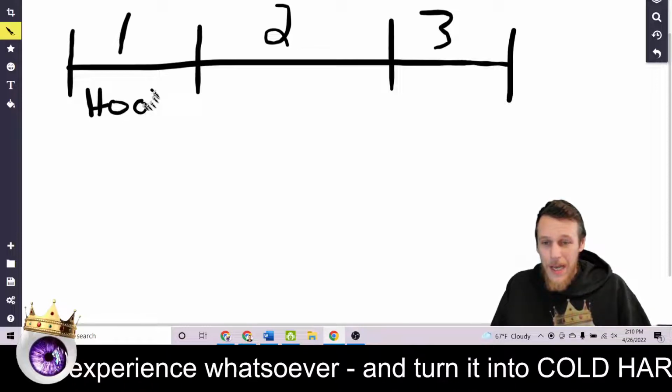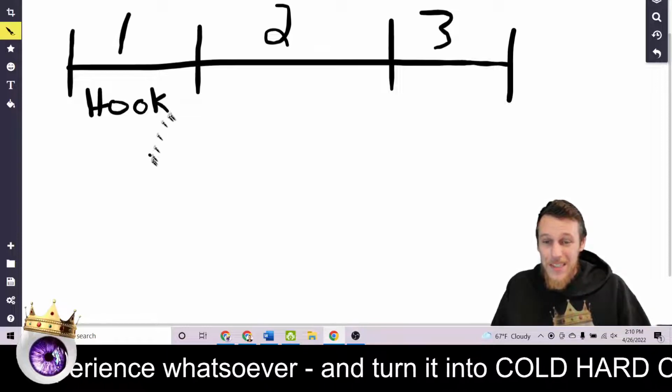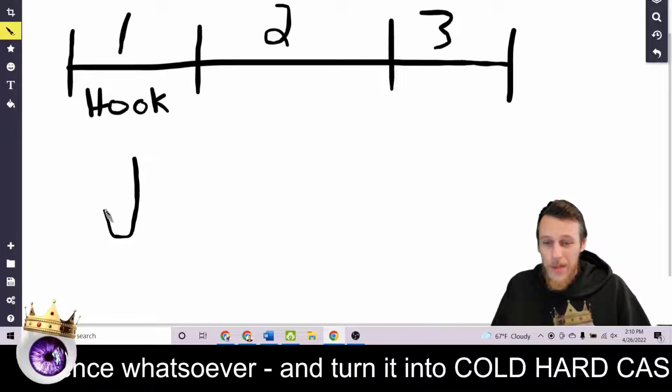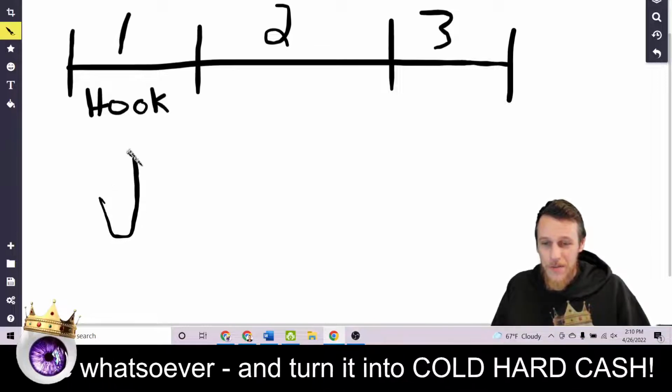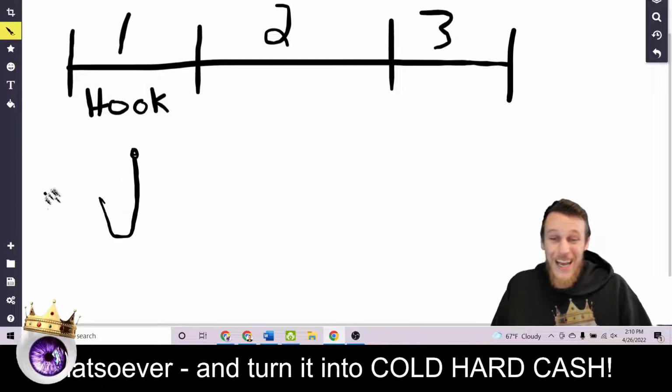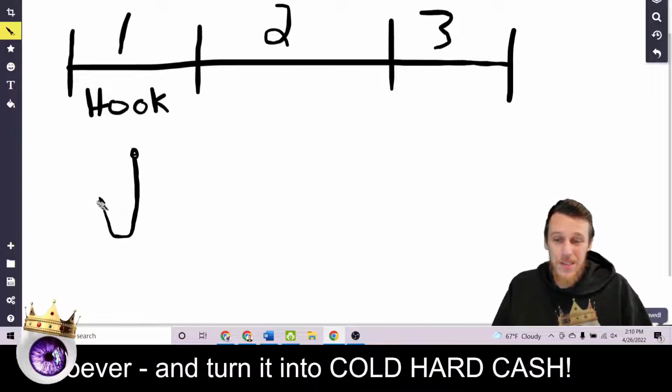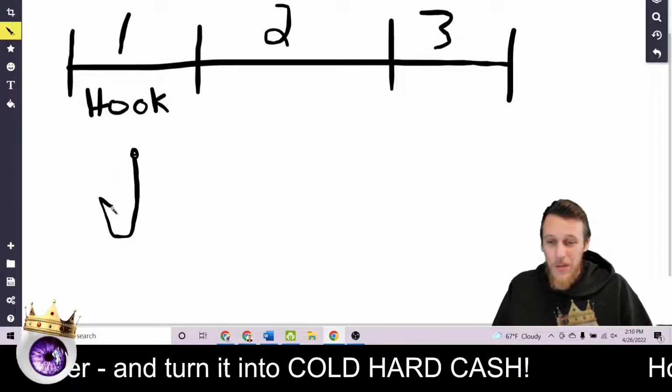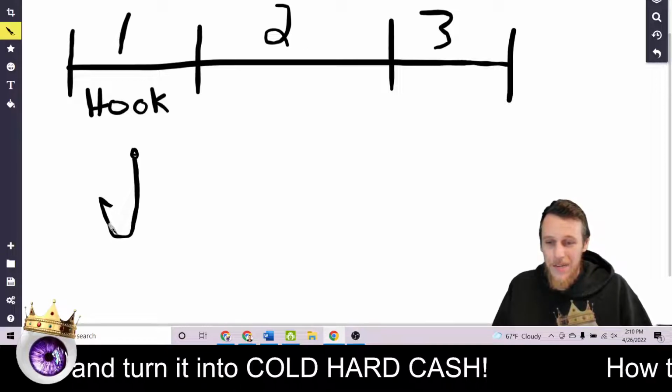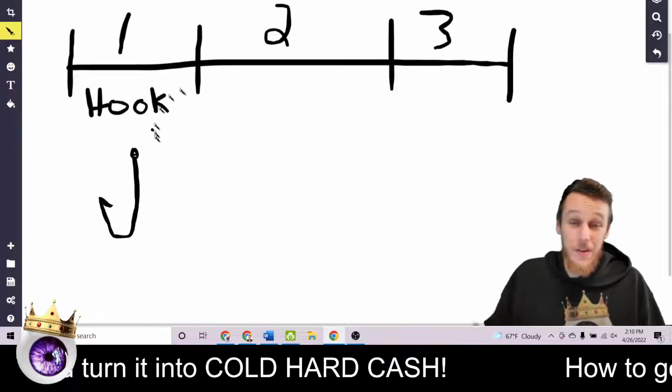Now, the first part of this video is going to be your hook. And we call it that because that's exactly what we want to do. We want to catch people's attention, right? Like just like when you're fishing, you have your little hook here, and once the hook bites it, they're stuck on this little barb, right? They can't go anywhere. So this is what you want to have in the first couple seconds of your